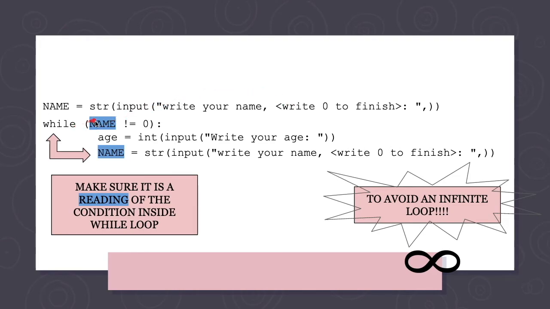As long as your name is not equal to 0, Python will then ask you for your age, which will be stored in an integer format, and then again ask you for your name, which will be stored in a string format. So as you can see, there is absolutely no chance of this while statement becoming false,